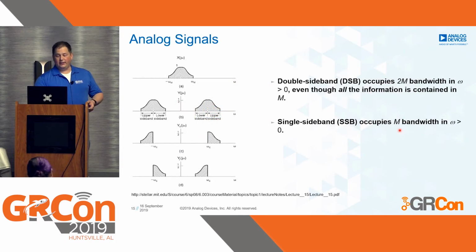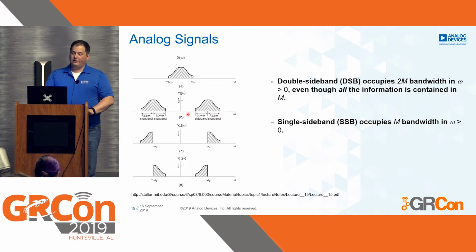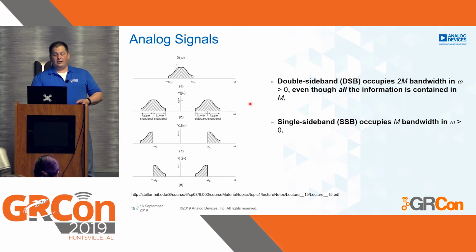For analog signals like double sideband, single sideband, we have the same kind of thing. We have our channel bandwidth. For double sideband, we actually split things into an upper sideband and lower sideband because we're transmitting both on the same, which is why it's so inefficient. And then single sideband, we usually just talk about the bandwidth of half of it because the other half disappears.